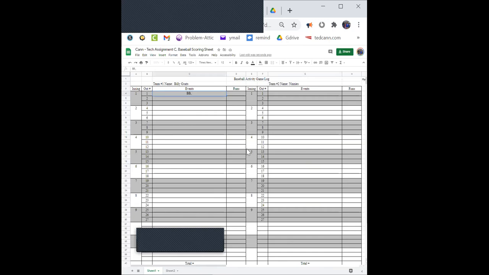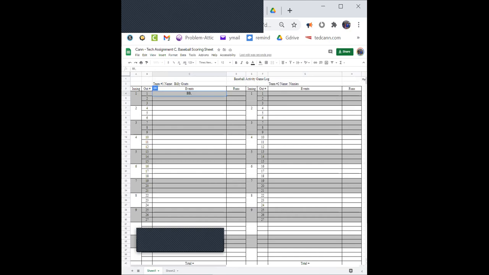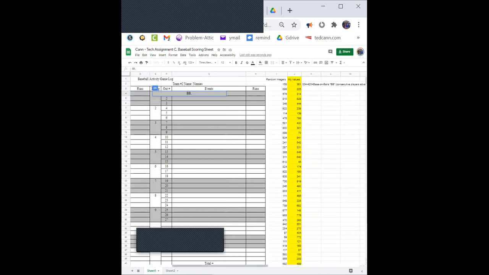All right, did not record any outs, did not record any runs, so I'm still in my first out. That's telling me that I'm on first base here. So I got a player on first base. Now, what happens in the next trial will dictate what happens to that player that's on first base. All right, so my next trial,